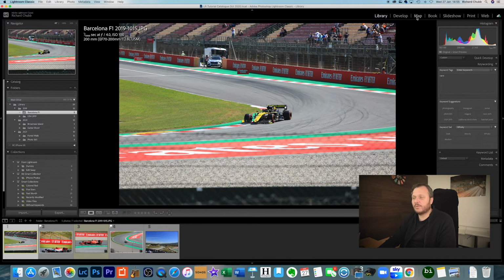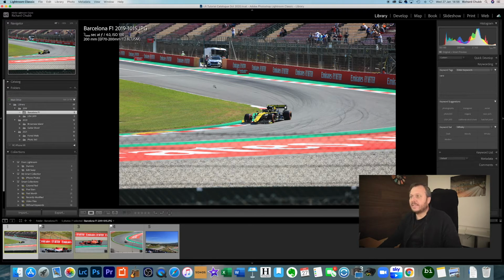So everything I talk about between now and then will be primarily about these 3 modules, because that is really, I think, what most people use, certainly what I use the most. So I think it's pretty common that most people will use this before they start thinking about books and web and things like that. So looking back at the screen here, so like I said, the first thing across the